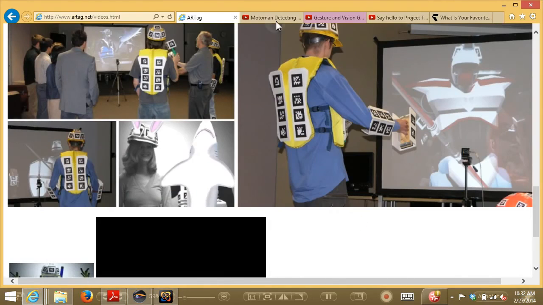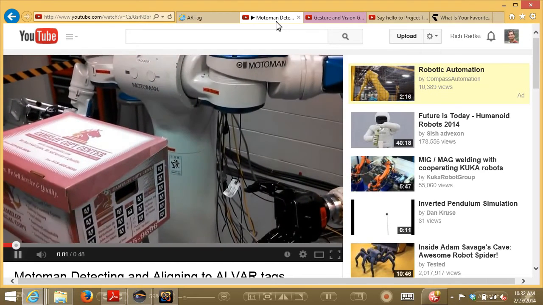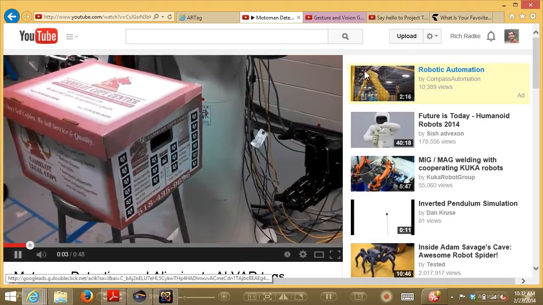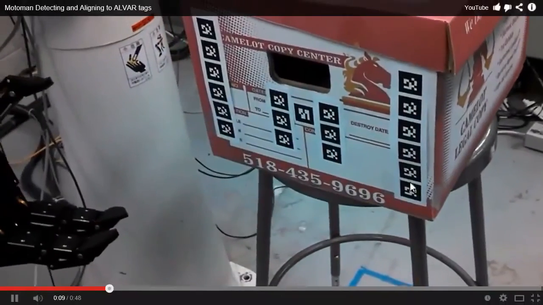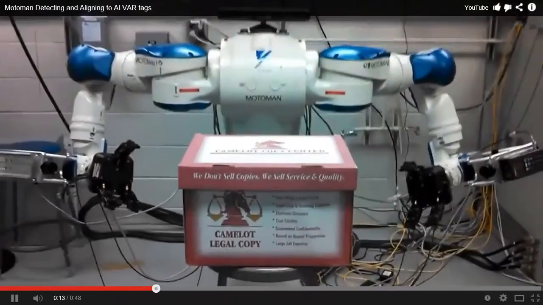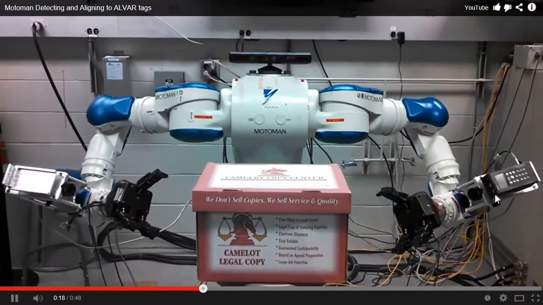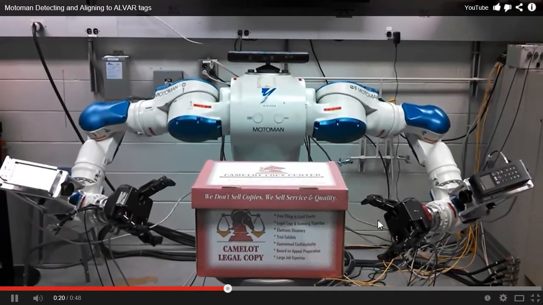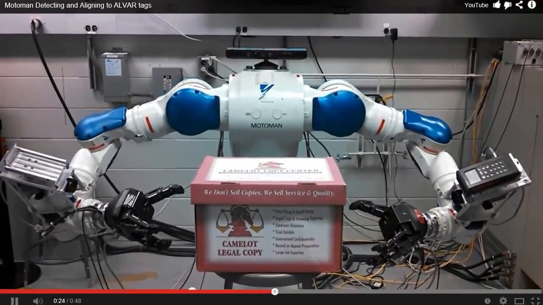So here's a project going on at RPI where we have this dual-armed robot in our lab, and we have a box or another object that is basically instrumented with, these are not R tags, but they're similar. These are called VTT tags, or Alvar tags. And so now the robot has two cameras that are mounted on its forearms, and what it's doing is it's trying to center the middle tag so it knows how to push in with its arms and pick the box